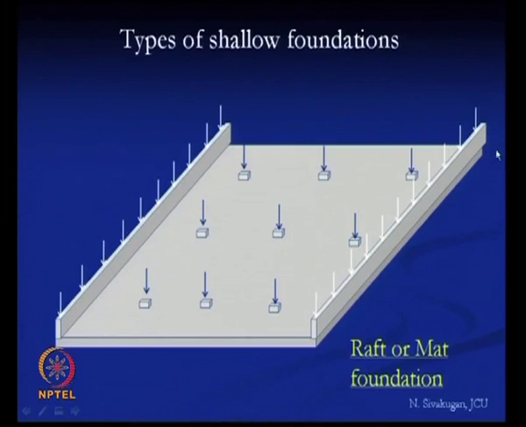The next one is another type of shallow foundation, which is the raft or mat foundation. Here this is the isolated column, or multiple columns, and this is the wall of the structure. All this combined is called the mat foundation or the raft foundation, where this is the column position and this is the total foundation system. This has multiple columns and a wall system. So, this type of shallow foundation is called a raft or mat foundation.